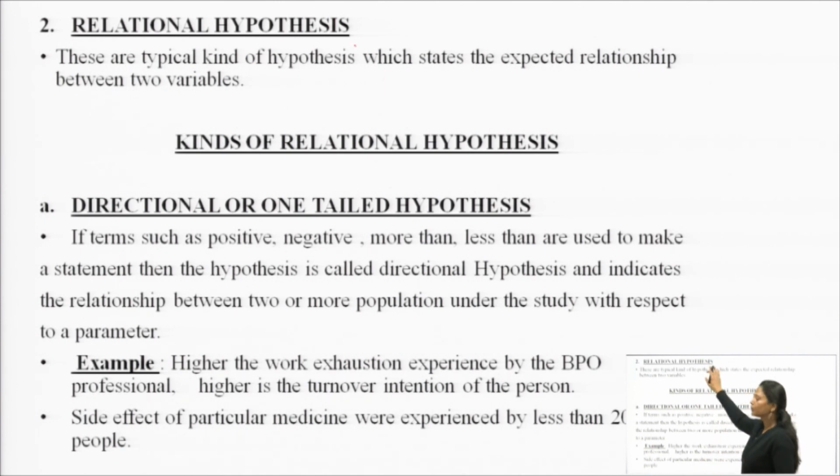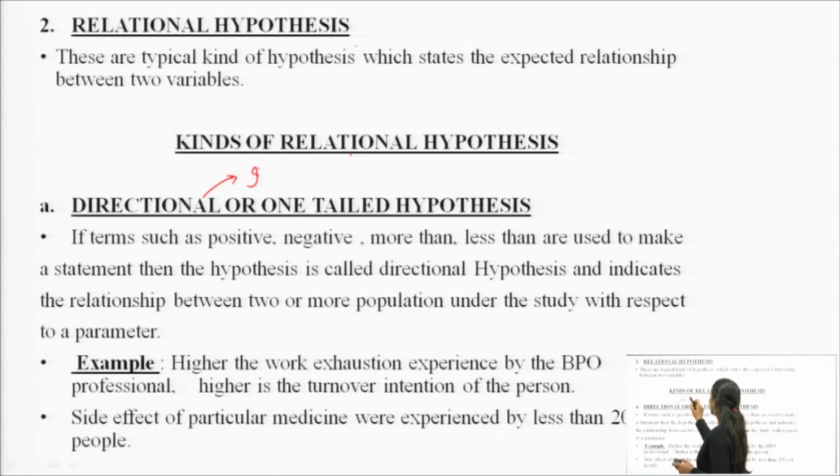So, there are two different kinds of relational hypothesis, one is directional and one is non-directional. The directional is called one-tailed, might be on the right side, might be on the left side. We can say them one-tailed, right-tailed or left-tailed, and the other is called non-directional. Directional means it has direction,